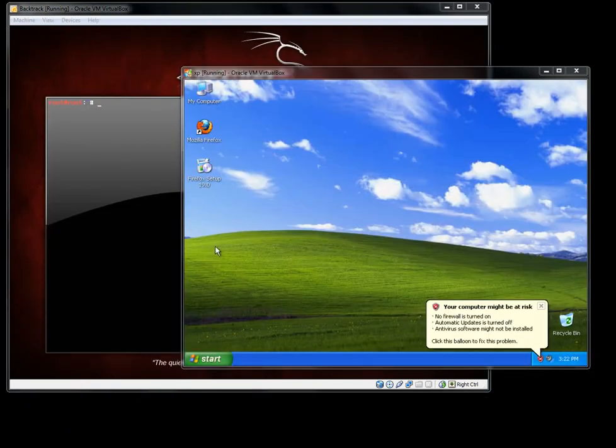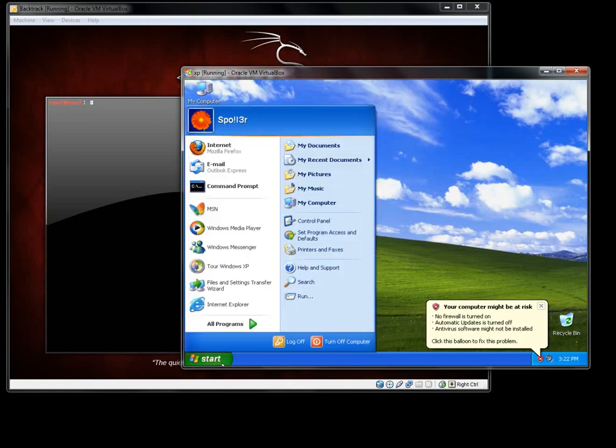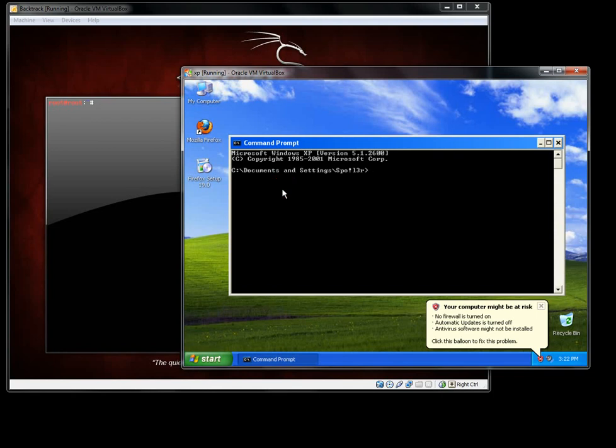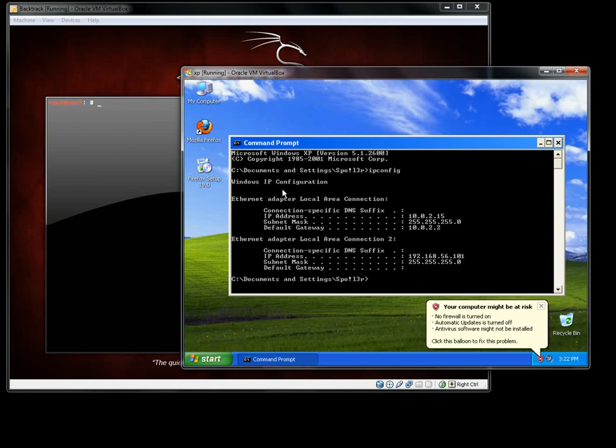Now after that you have to check whether both the machines are pinging each other or not. So first of all let us check the IP address. And here it shows the IP address 192.168.56.101.